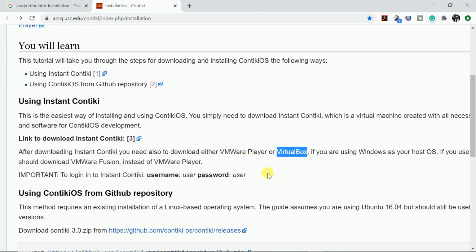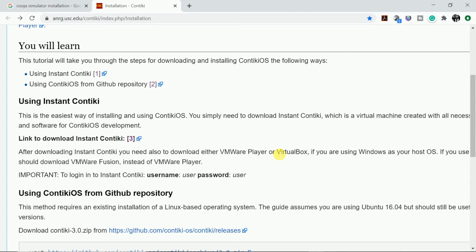Let me tell you the reason. Because VMware, you have to purchase it, or you have to go to the torrent website for the fake license and all these things. So I would recommend that you should go with the VirtualBox, because it's an open source tool and it's freely available. So you should go with the VirtualBox. If you don't know how to download and install the VirtualBox, I have already made a video on that. It's really a very simple step. It will hardly take 10 minutes.